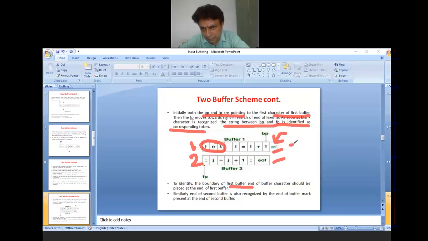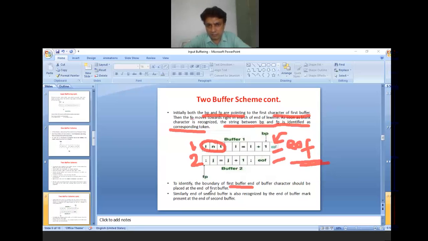I am writing this EOF, like end of file. As you already studied in the C language, in the file handling section, EOF is there to show the end of file. So here also we write the EOF character to identify that buffer 1 ends here.